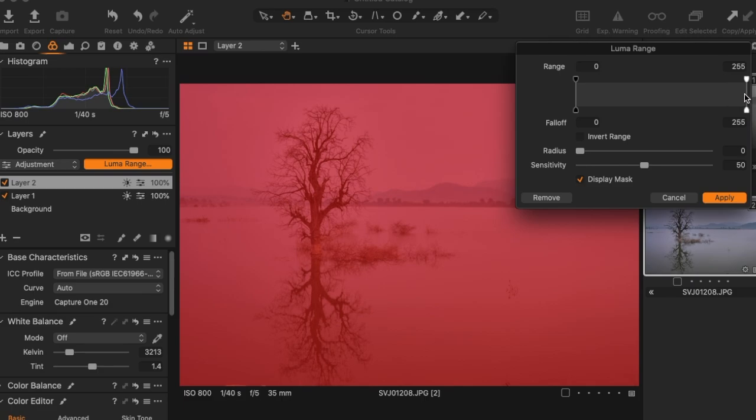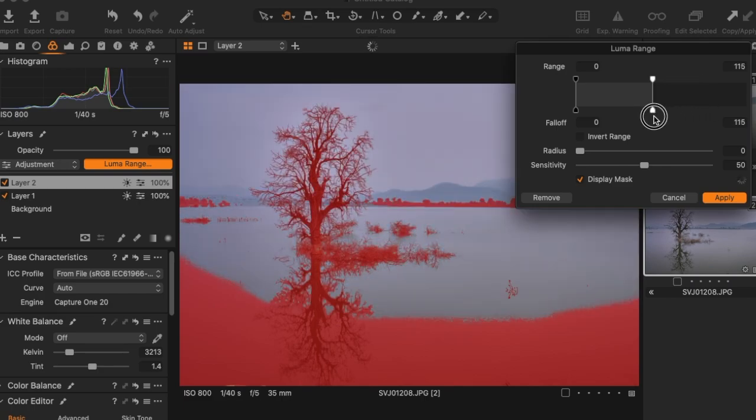Now start bringing till we see that entire thing. We went a little far ahead. Yeah, so till here it's okay. So as you can see, only the tree is selected and the rest of the water and the sky is